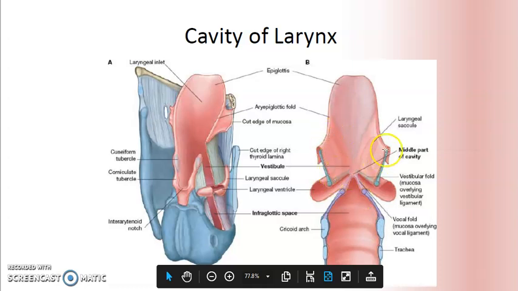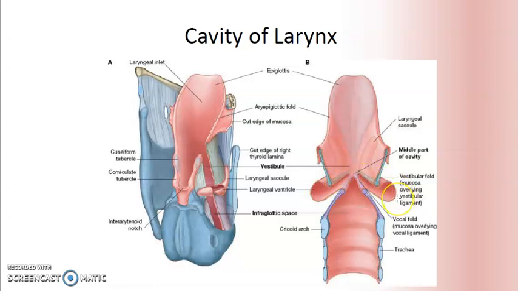So this is more clearly visualized here. This is a quadrangular membrane. Okay. This is the cricovocal membrane like this. Okay. Between the two there is a gap. In this gap, can you see this outpouching? This outpouching is called as vestibule of the larynx or the ventricle of the larynx, also called sinus of the larynx. It has got rich amount of mucus.